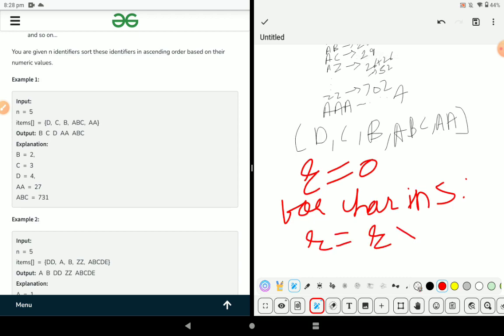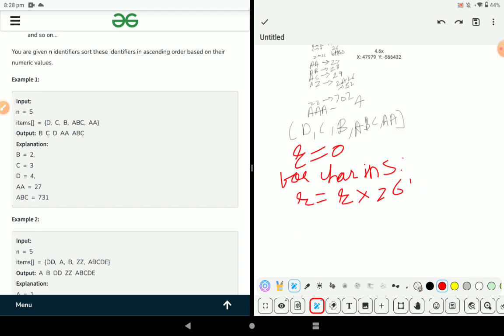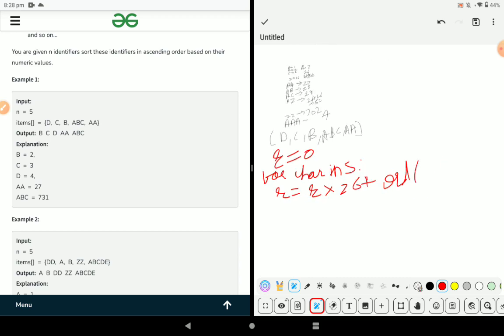Result equals result into 26, where 26 is the total number of alphabets from A to Z, and we will add the ord of char minus the ord of